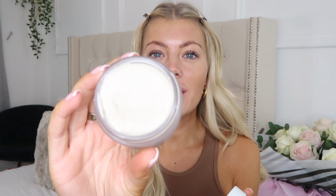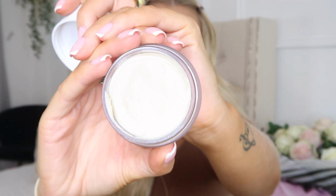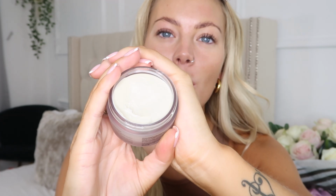You get so much in there. It's like a waxy pomade, but it doesn't make your hair go hard. It still stays soft, doesn't go crunchy. I just got that on my lip, but it smells so nice. I gave that a little spin yesterday, and I'm really pleased with that. So if you do want to go for a slick pony, this is really good for not getting that crusty hair. So I'm just going to sit down, do my makeup,